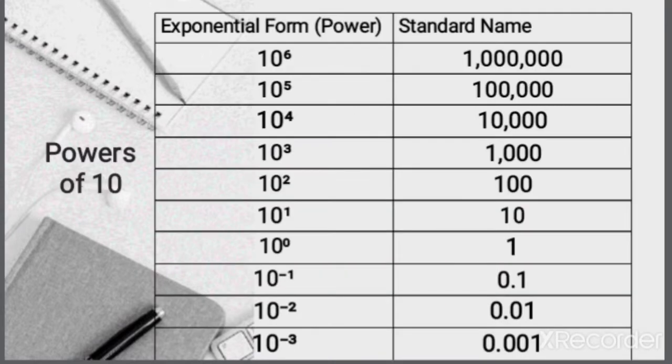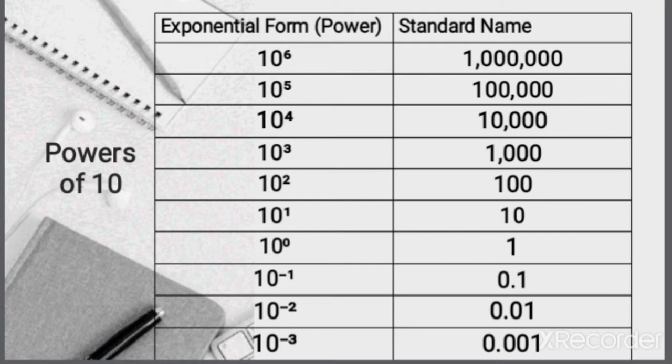So here are the exponential forms and their standard names. We have 10 to the power of 6, which equals 1 million, 10 to the power of 5, which equals 100,000, 10 to the power of 4 equals 10,000, 10 to the power of 3 equals 1,000, 10 to the power of 2 we have 100, 10 to the power of 1 we have 10,